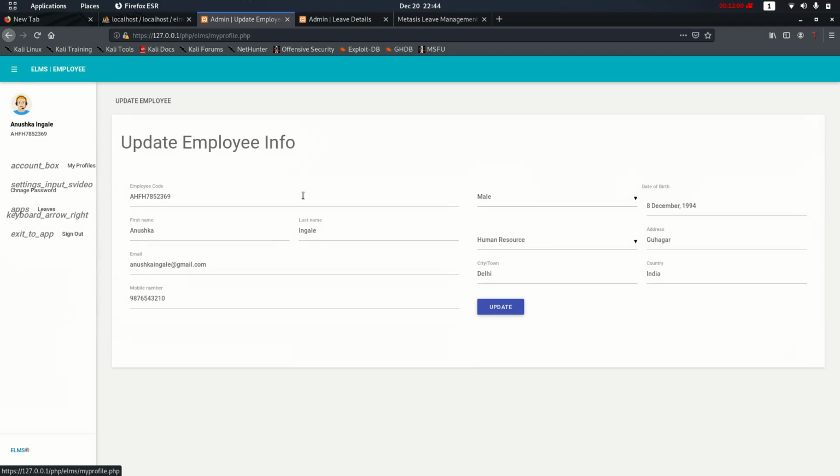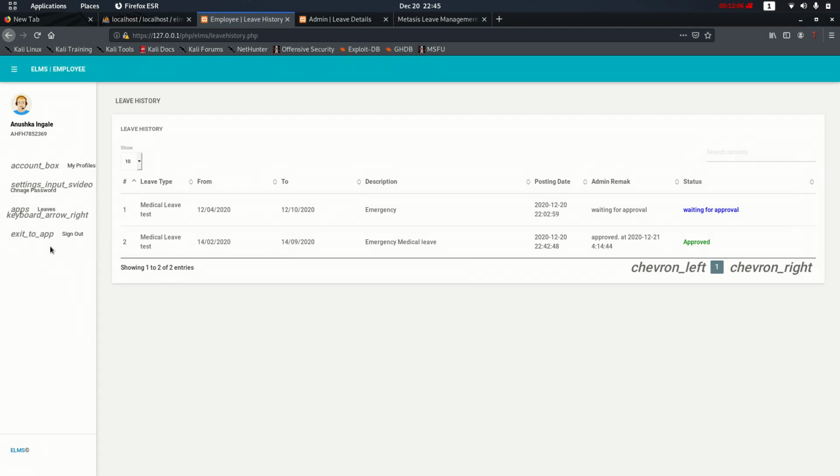Again, going to the my profile section, here we will go for the leave history. Here we can see that the approval has been given by the administrator, and we have the leave approved in this leave history section.